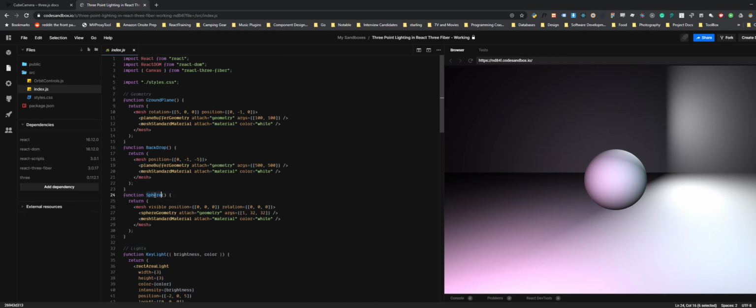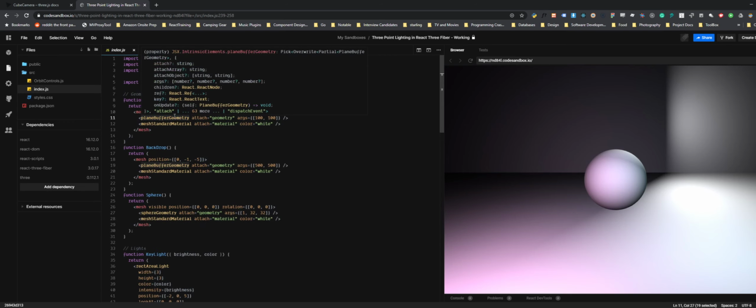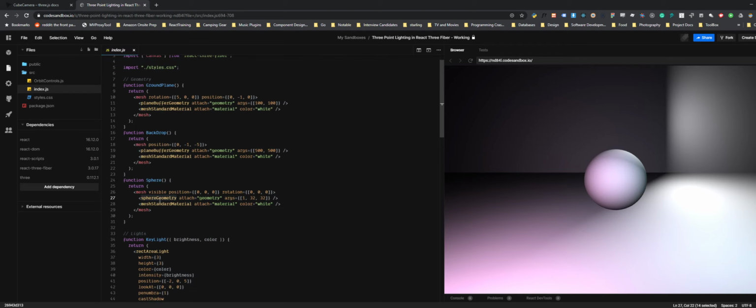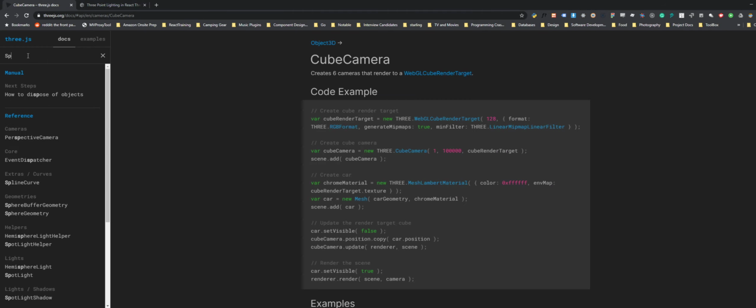So I think this is a good intro tutorial just because it gets you used to using Three.JS objects as components, which is basically what React 3 Fiber does. It kind of maps the Three.JS API onto a declarative React API. And what I mean by that is basically that all of these components that you see in this project, like the plane buffer geometry, a mesh standard material, sphere geometry, for example, all of this stuff is like an exact equivalent